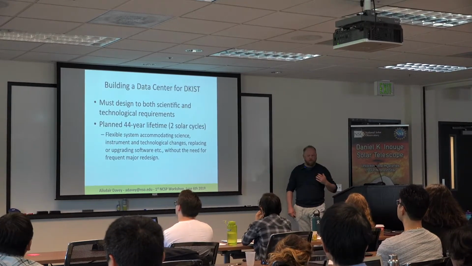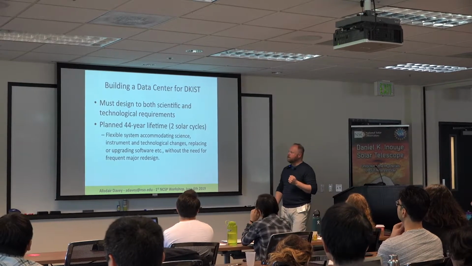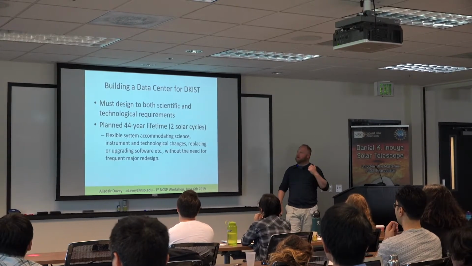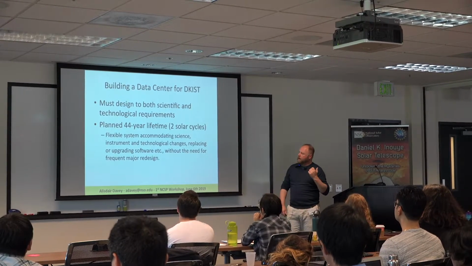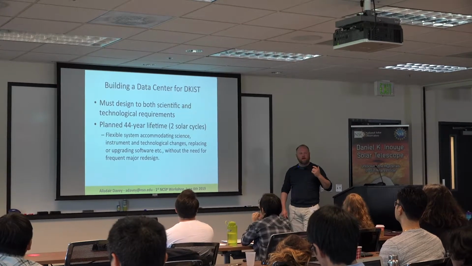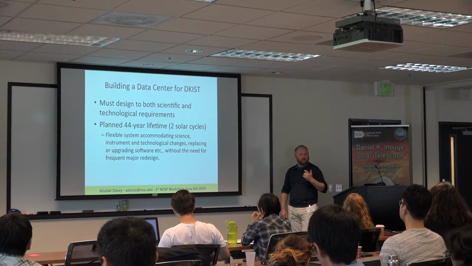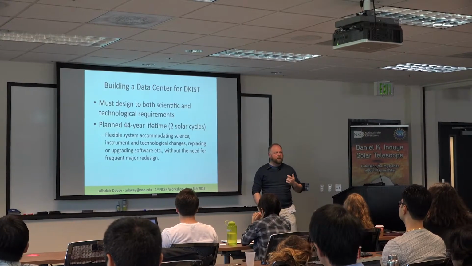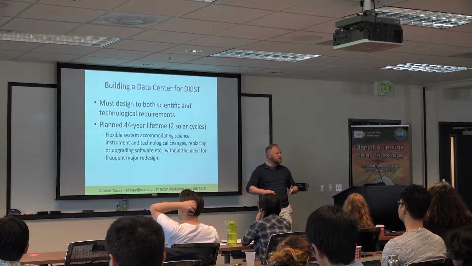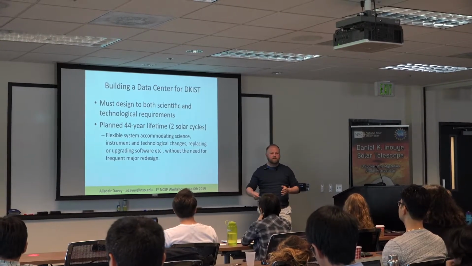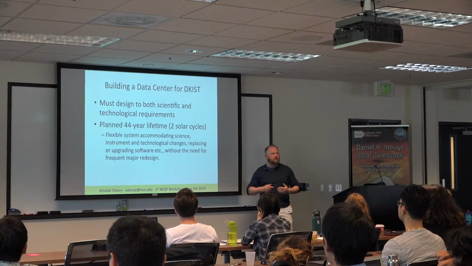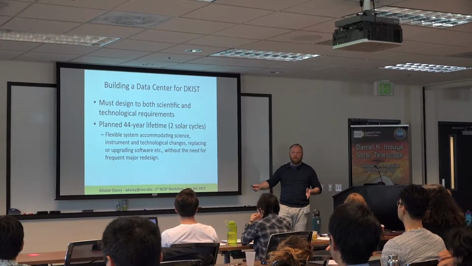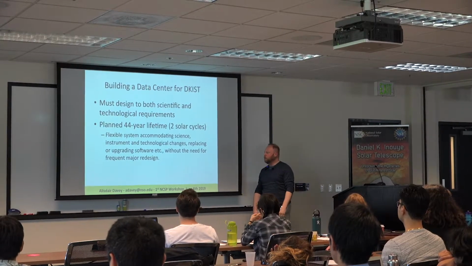So as a summary, when we're building this data center for DKIST, we have to be cognizant both of the scientific requirements and also these technical requirements. And then the fact that DKIST is going to be operating for approximately 2 solar cycles. When we're putting together something now, we have to be cognizant of the fact that this data center is going to last for a long time. So how do we put it together so that, as hardware and technologies change, we can cope? Well, we build the infrastructure in a way that we can replace components, we can add in new, and we can upgrade as time goes.